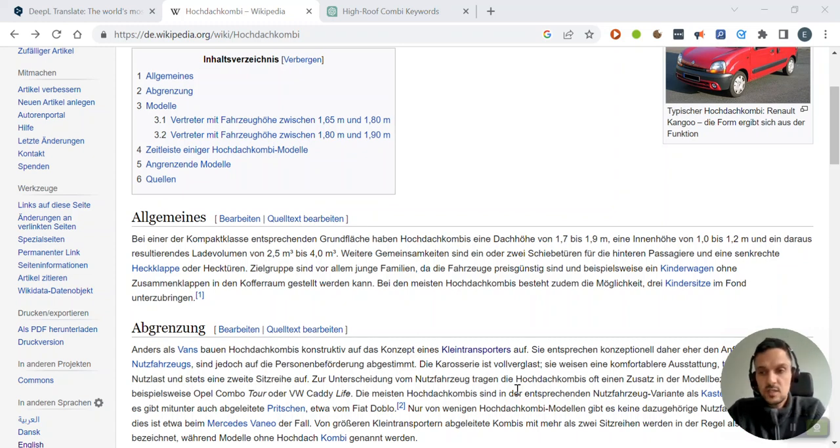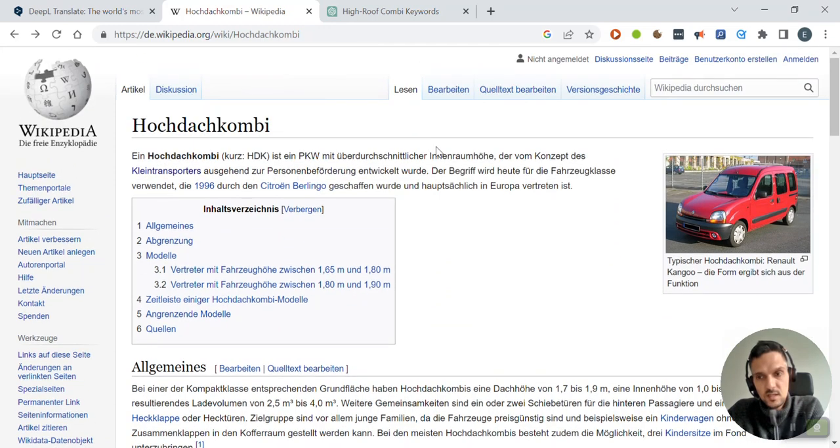Hi everyone, this is Emil, freelance translator at Germanling.com, and I want to show you a quick hack how you can use ChatGPT to extract keywords and translate them from any text, and that will then simplify your machine translation